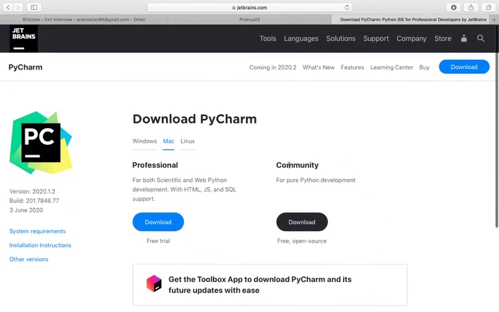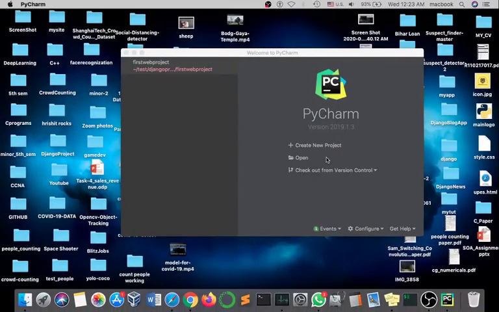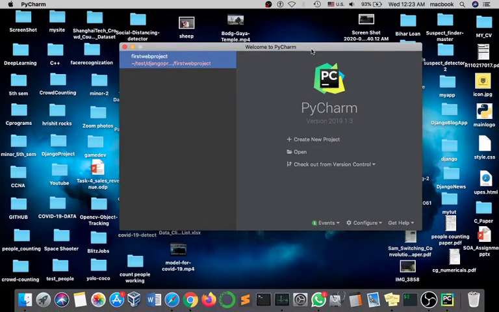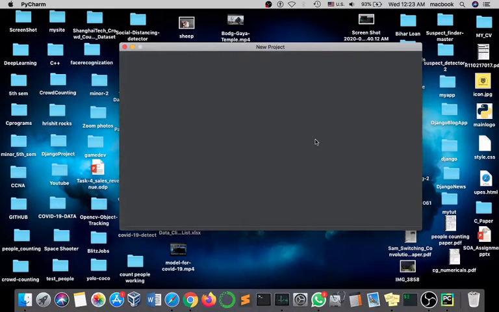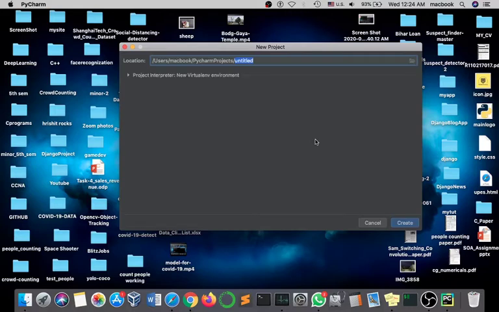When you have downloaded and installed it on your system, open PyCharm and this type of window opens. So create a new project and give the location and project name. So please wait. Yeah, so this is the location. You can change it if you want to locate your project somewhere else. And change the name.